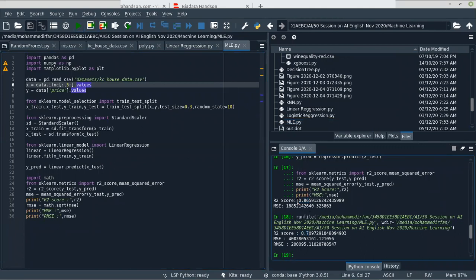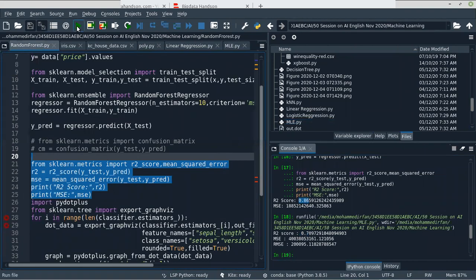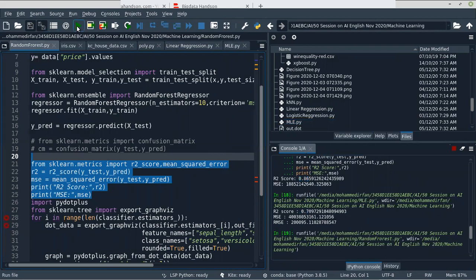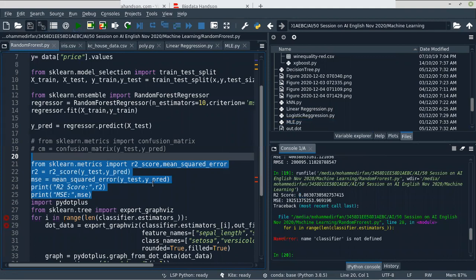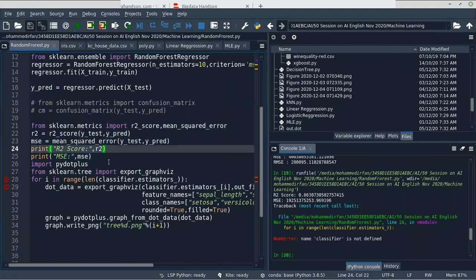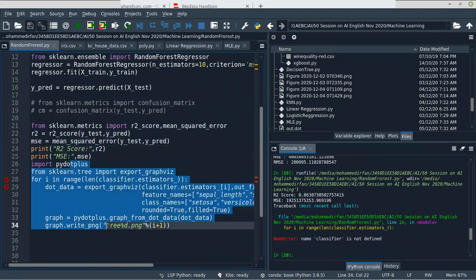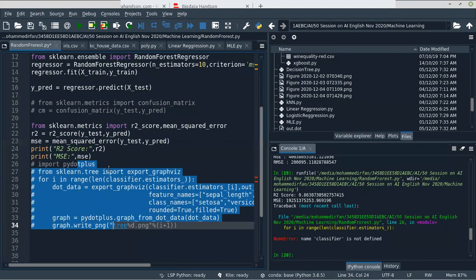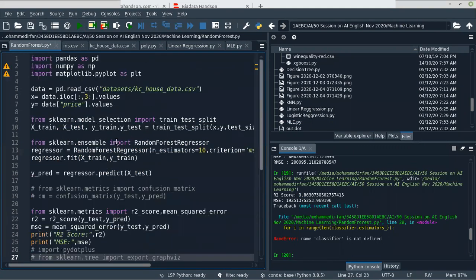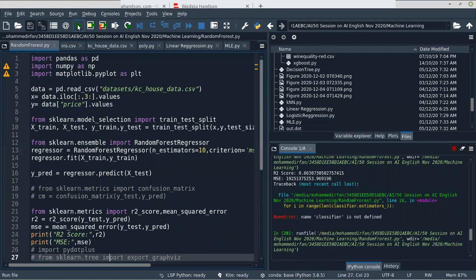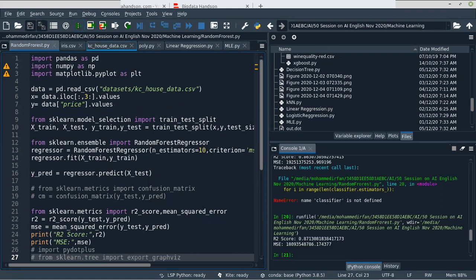By using the random forest it is 0.86. Actually, if you run the random forest again, it will give a different accuracy. Why? It's because it's randomly selecting the samples, right? So now that is 87, you can see.